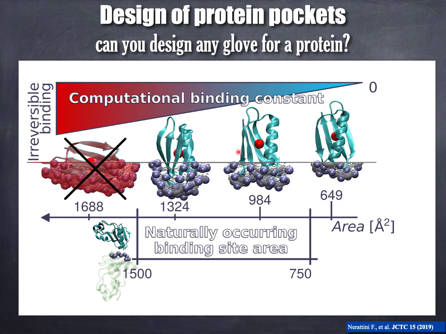It is also interesting to point out that these pockets are all specific. So if you try to have other proteins binding to it, even with the same structure but different sequence, the binding affinity will drop very low. So again, protein design can automatically give you binding specificity and evolution properties.